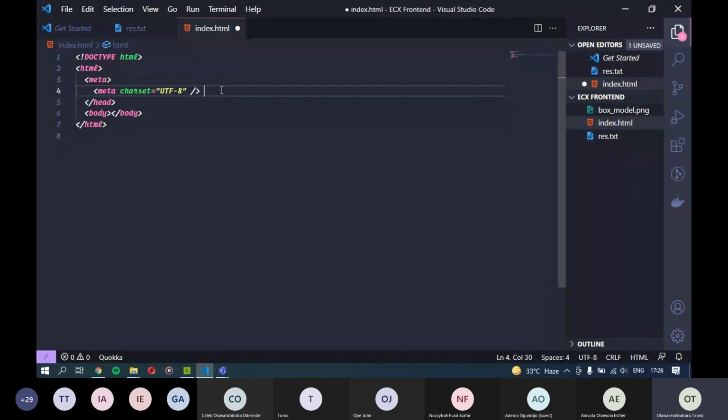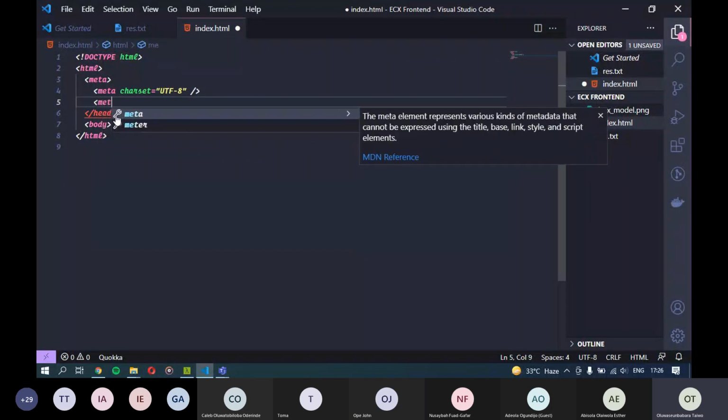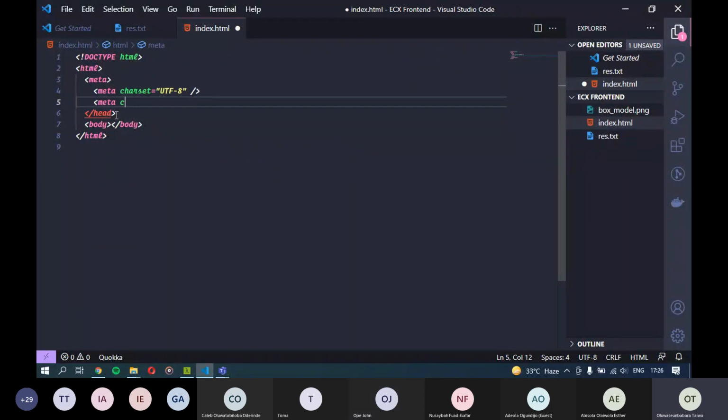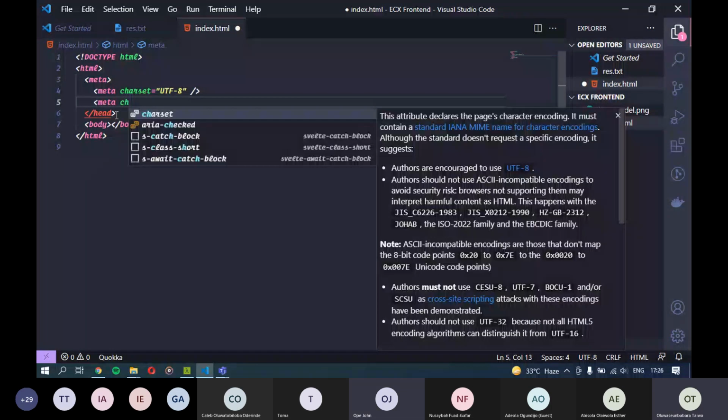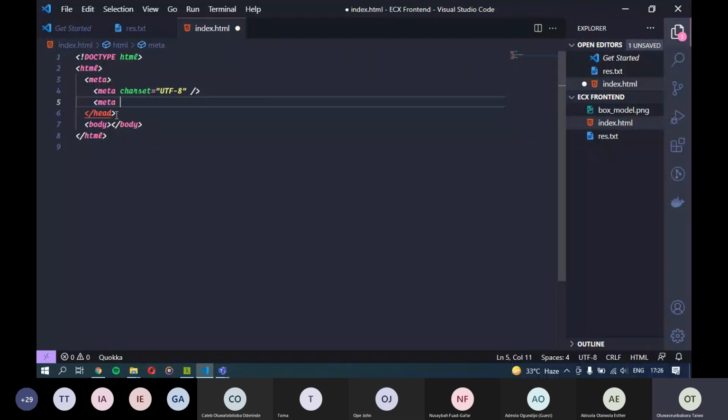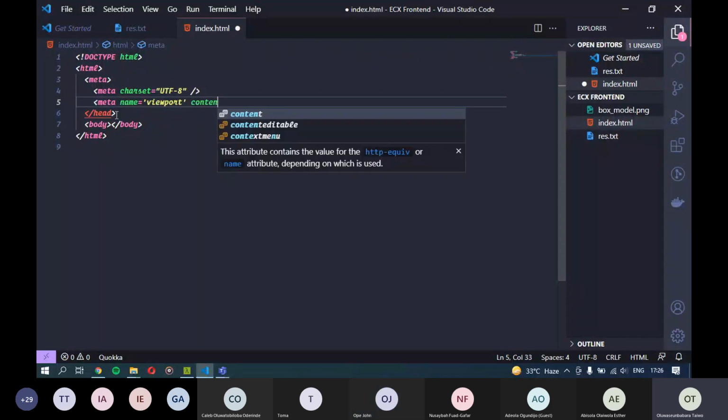Then another thing we have to add is meta name viewport. This one is for responsiveness. Responsiveness is basically when you open google.com on your laptop and on your phone, you see two different things.